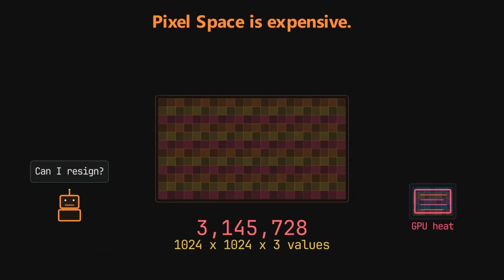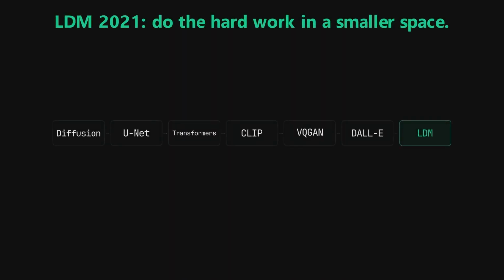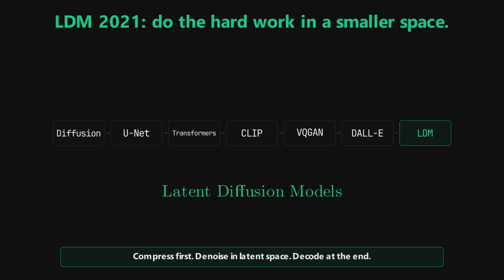Diffusion gives us a powerful way to turn noise into images. But there is one very practical problem. Pixel space is huge. A 1024 by 1024 image with 3 color channels contains more than 3 million values. And if every denoising step has to process all of them, the model is basically trying to paint a mural with a toothbrush. Beautiful? Well, maybe. Efficient? Absolutely not. This is where latent diffusion makes a very clever move. Do not run diffusion directly on pixels.